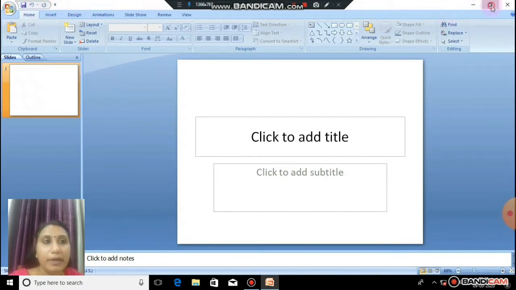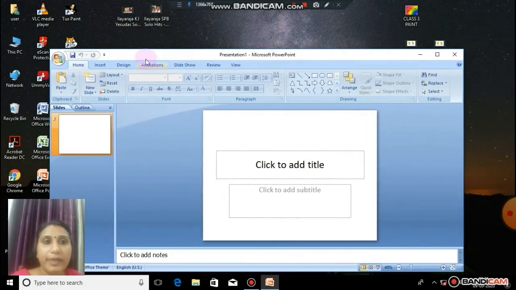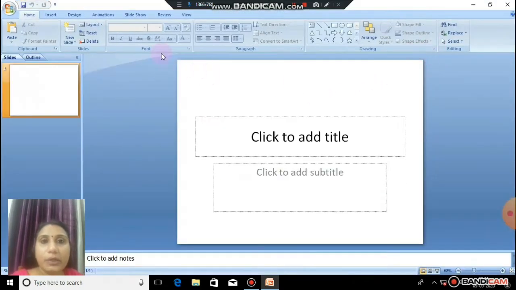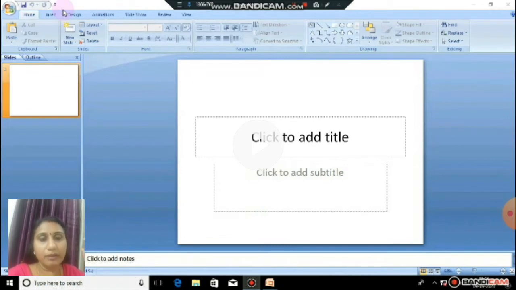So in the title bar, you can see the title bar now clearly. It is written as Presentation 1 Microsoft PowerPoint. Okay, so that is the title bar. In the title bar, you can see the Quick Access Toolbar near to the Office button, and the minimize, maximize and close buttons. Okay, so these are the parts of a window. So now we have seen the Office button, ribbon, tabs and slide tab, slides, placeholders. And finally, we have seen the speaker notes area. Clear, children, about the parts of a Microsoft window?